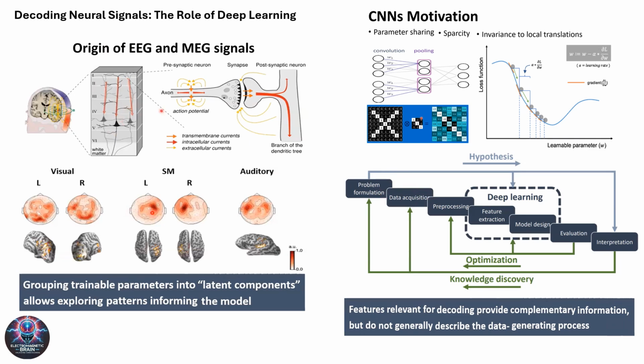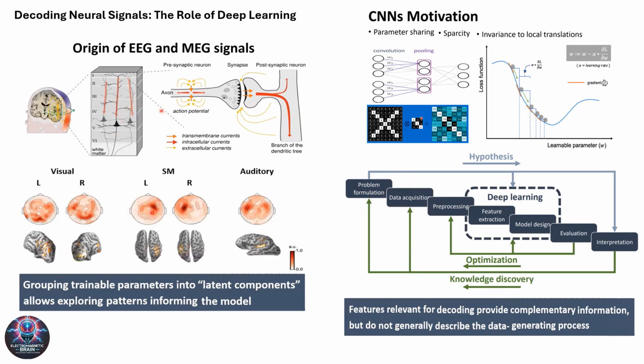The CNN pipeline involves several stages: problem formulation, EEG/MEG data for neural network processing, data acquisition and pre-processing, cleaning and preparing the data for feature extraction. Feature extraction, using convolutional layers to identify meaningful patterns in the data. Model design and evaluation, designing neural network architectures for accuracy and efficiency. By linking decoding outputs to biological mechanisms, CNNs bridge the gap between traditional black box approaches and interpretable models of